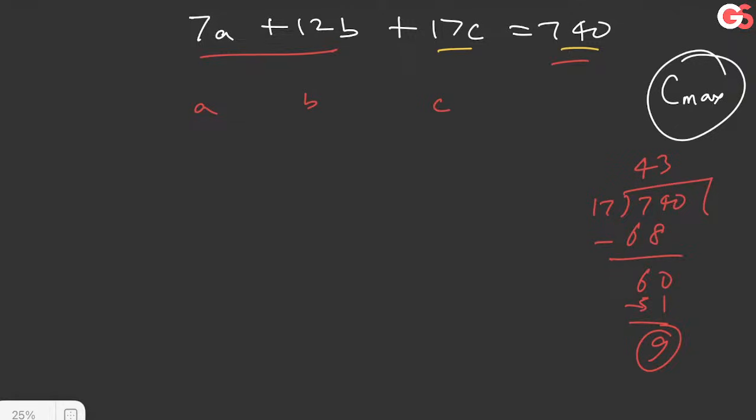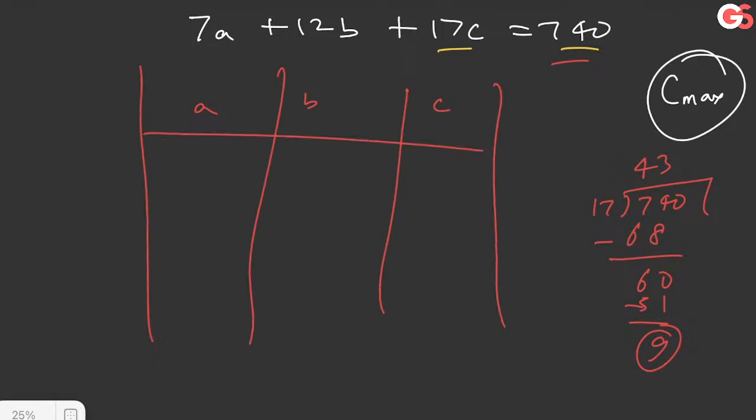If I gave C as 43, then it is not possible. So we have to see whether 7a+12b can have a proper solution. We can put different values for C and then try to check it. How can we do that? We can start with some particular value and see whether 7a+12b belongs to it or not. What if I assume something. Let's say I assume